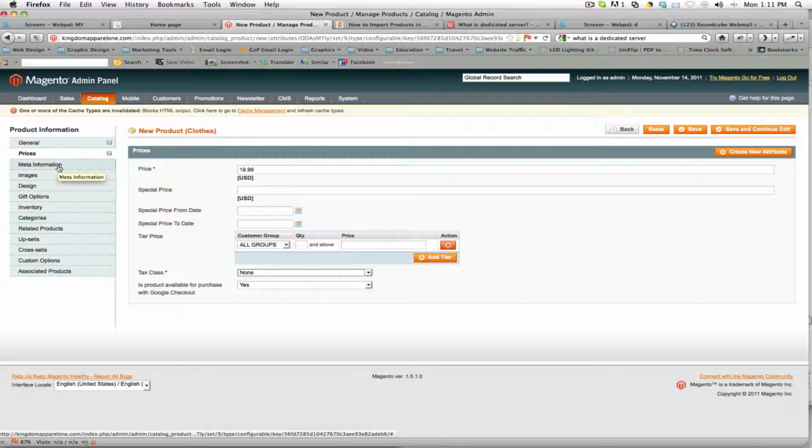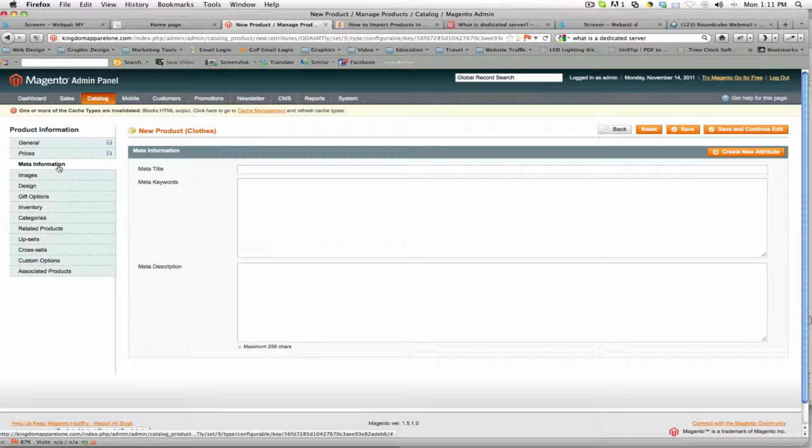It won't affect anything. Next, you have the metadata area, which, if you're familiar with metadata as far as YouTube and any other blog type sites or any other sites on a website right now, is pretty much just information you put in regarding your particular product. So you put in the meta title, which in this case would be chosen t-shirt. Then you would put in any descriptive keywords of that particular product. So for example, you might put the color of the t-shirt, blue, the name, chosen, the particular line, Kingdom Apparel Strong line, or whatever line your particular t-shirt is on,